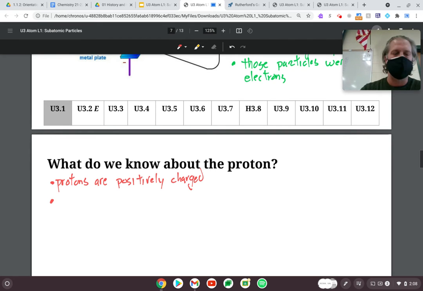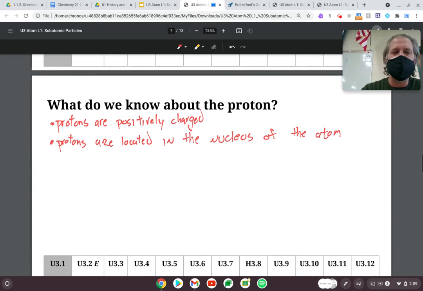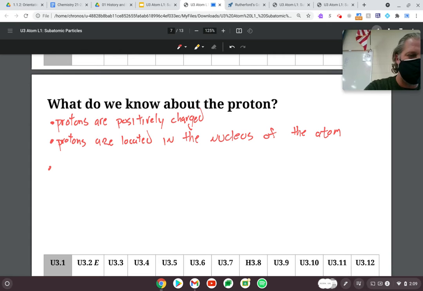It's located in the inside of the nucleus of the atom. And the other thing that we do know about a proton is that protons have a mass